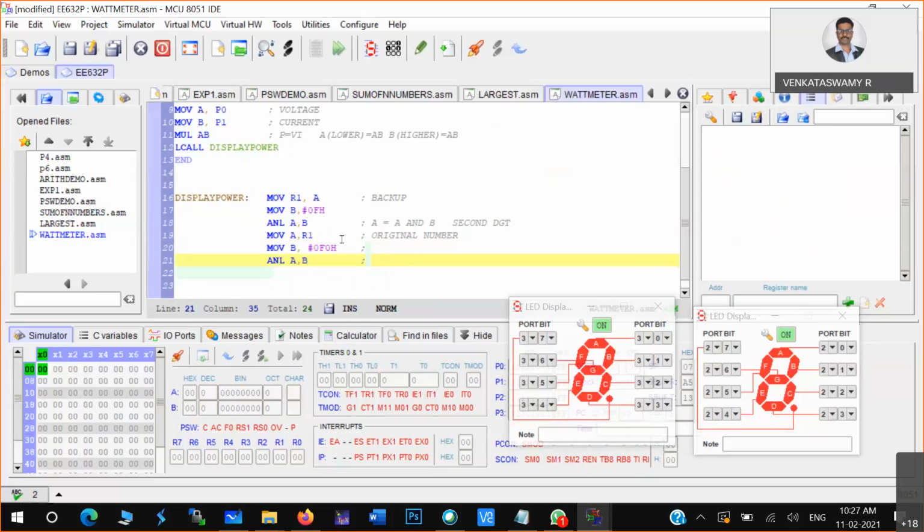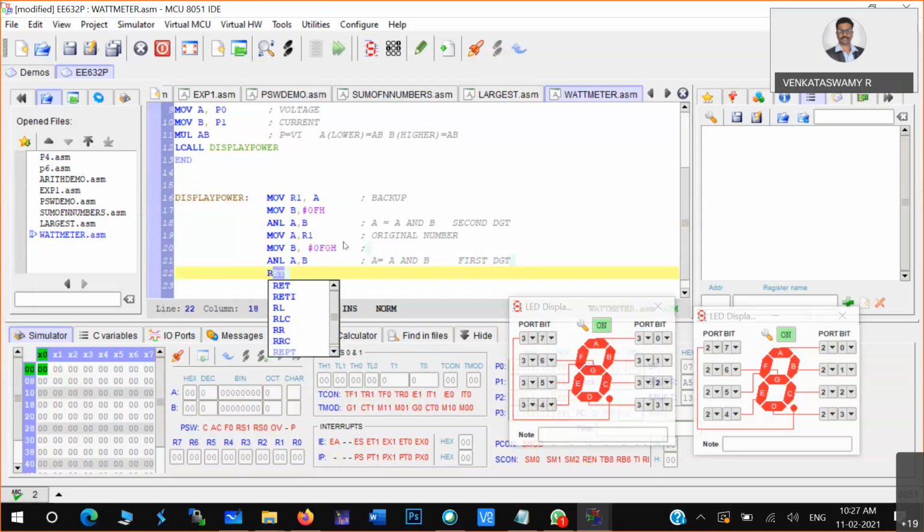A is equal to A and B only. But the first digit is present in the first place, the higher digit place. So now what I'll do. So here I am using one instruction. Rotate.